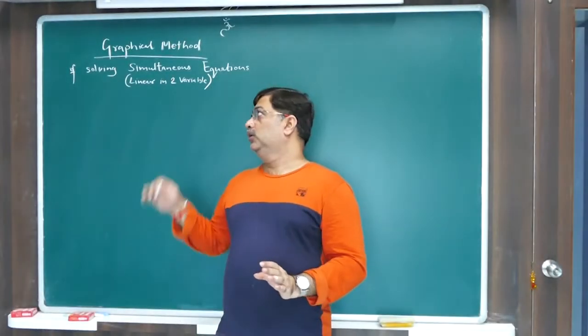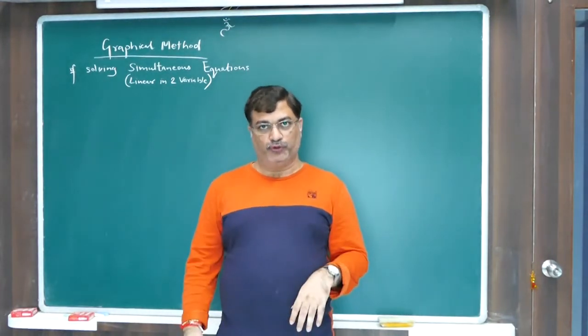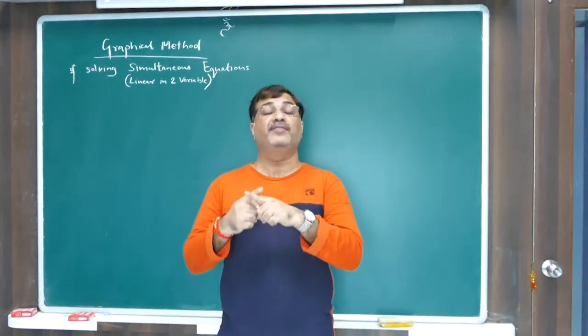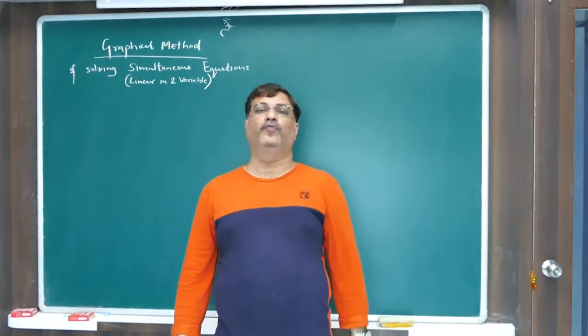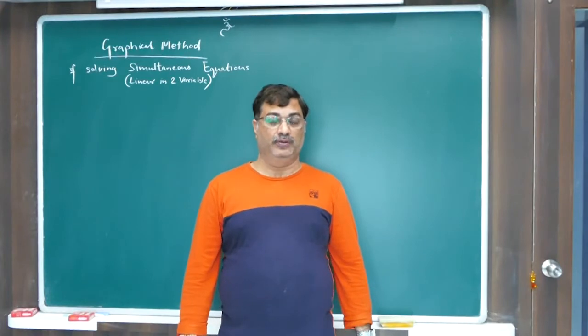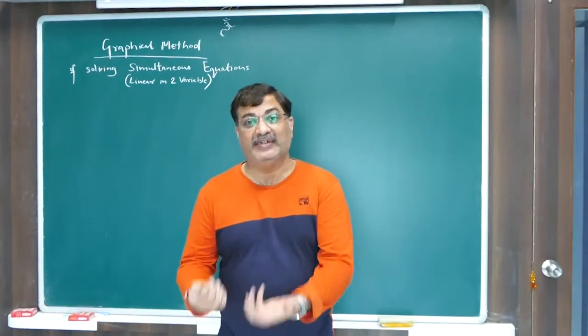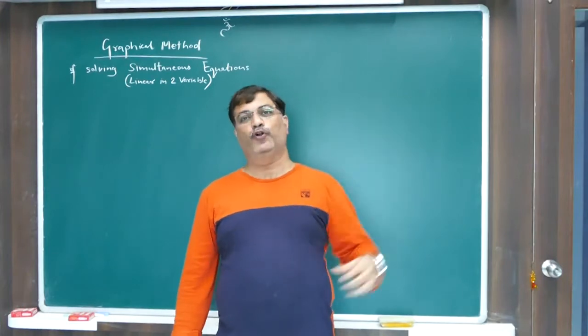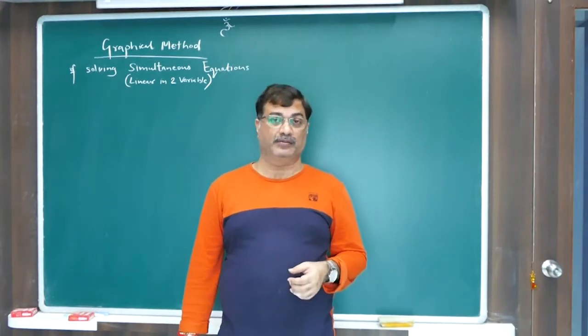You have got two lines, two equations. Plot two lines for those two equations on the graph and then see where they intersect. The intersection point gives you the solution of those two equations. Alright? That is how we will solve the problem. Now, how do we represent it? How do we represent it in order to get the allotted marks that the particular problem carries?